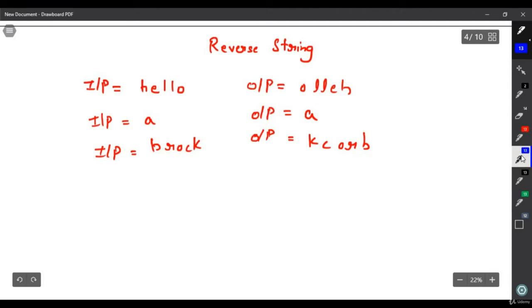Hi everyone, so today we are going to solve the problem Reverse String. The input will be basically a string, and what we have to do is reverse that string. After reversing this string, our output will become